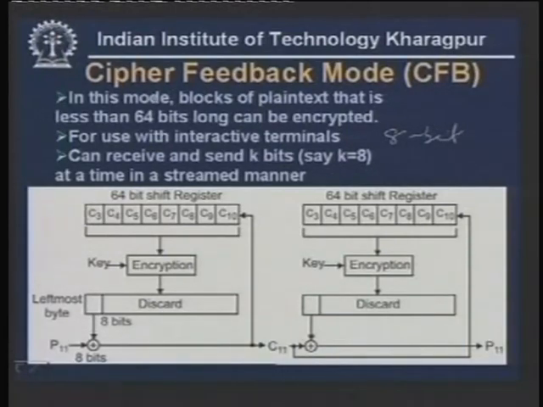That can be done by using the cipher feedback mode or CFB. It can receive and send 8 bits, say k is equal to 8, at a time in a streamed manner. So, 8 by 8 it can be generated. How does it work? Again in this case also we use an initialization vector. That initialization vector is loaded in a 64-bit shift register, and that is used initially to do the encryption by using DES, and after encryption, of the ciphertext that we get, only the leftmost byte is used to perform exclusive OR with